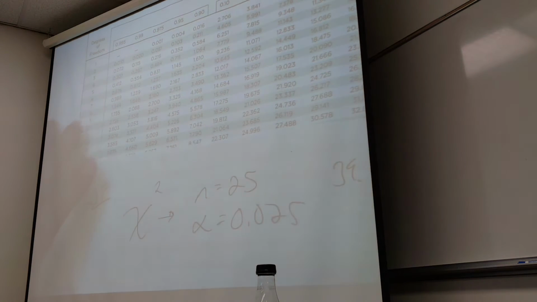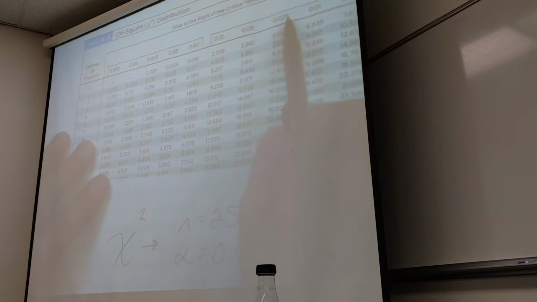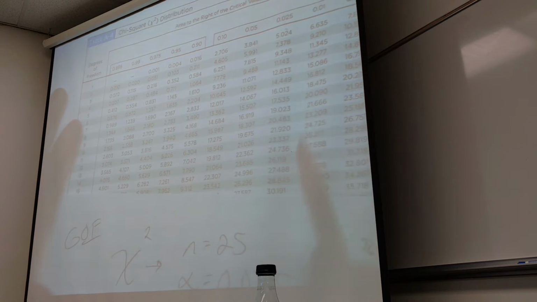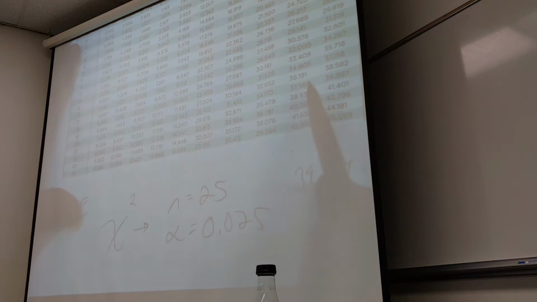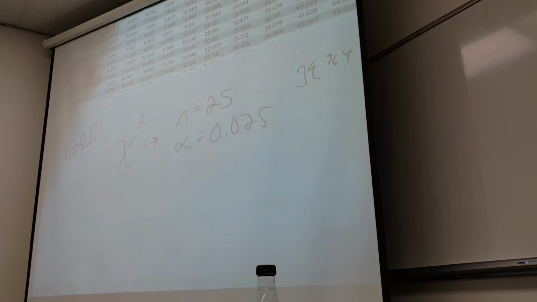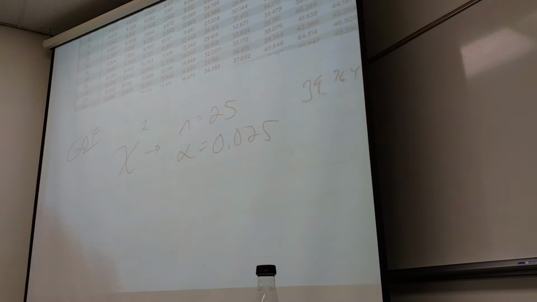So we got alpha's 0.025. Degrees of freedom, 24. I like it. 0.025, 39.364. I love it. So real quick, let me show you something, because we're about to transition into